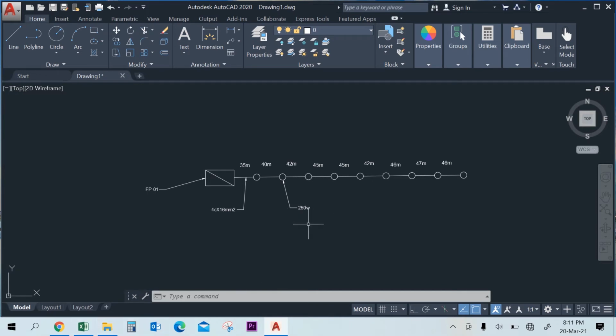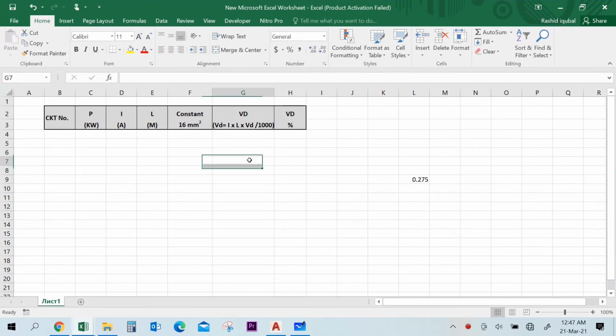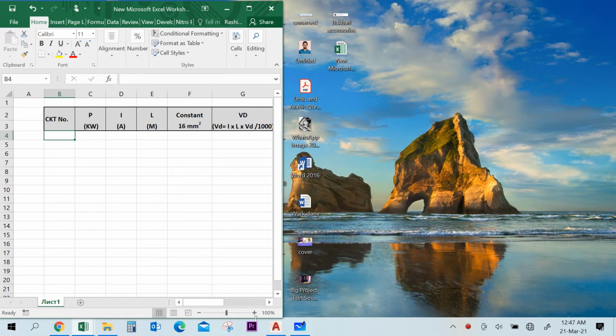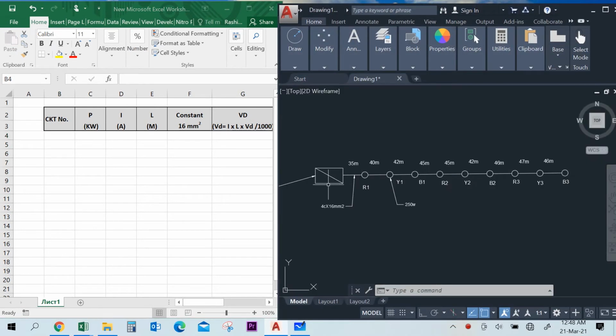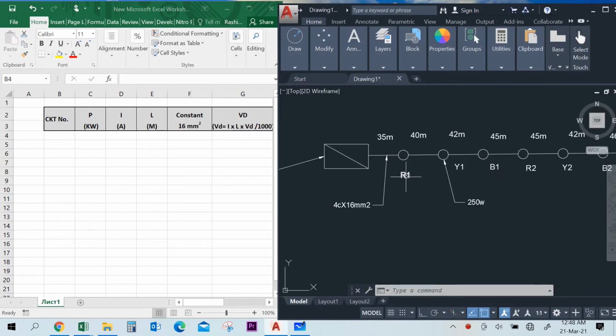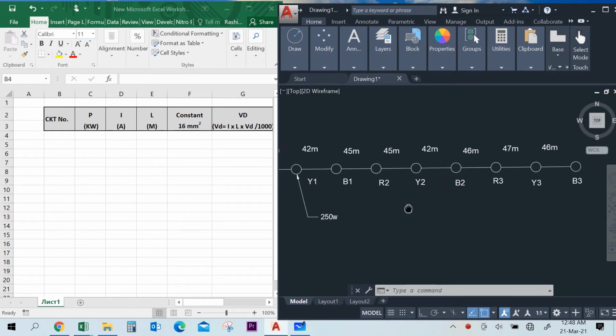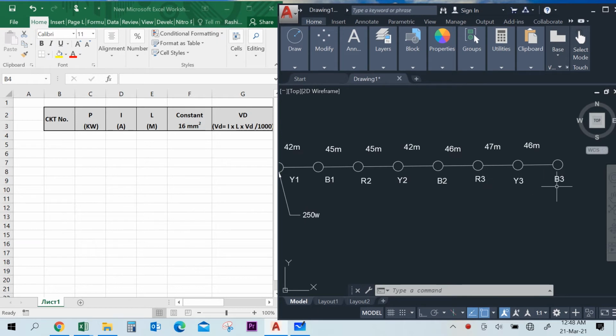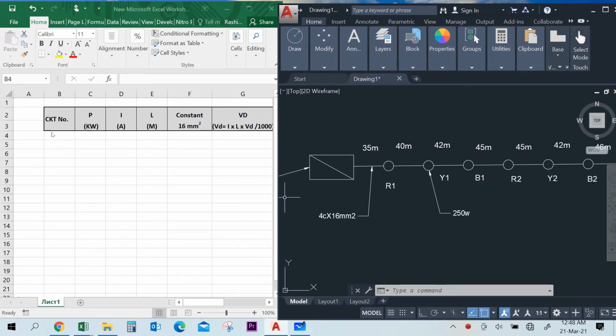I will show you in the Excel file how to calculate. So guys, I prepared this Excel sheet in which I mentioned circuit number, power, current, length, and constant. This is 16 mm square, and the VD voltage drop formula, and this is the percentage. So now we will mention here the circuit number, all the values. First we open this CAD drawing in which you can see I mentioned the name of all the poles. So R1, Y1, B1, R2, Y2, B2 like this, and this is the feeder pillar